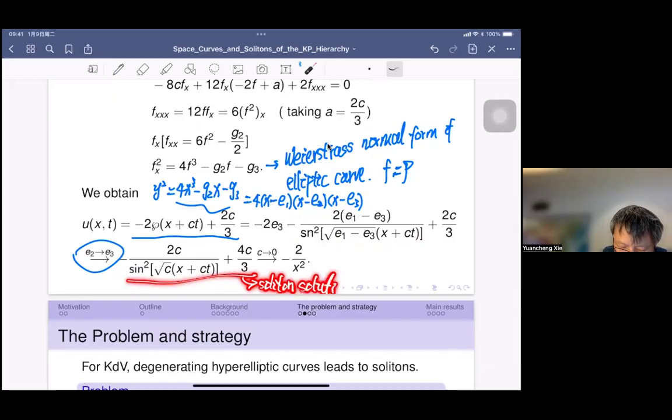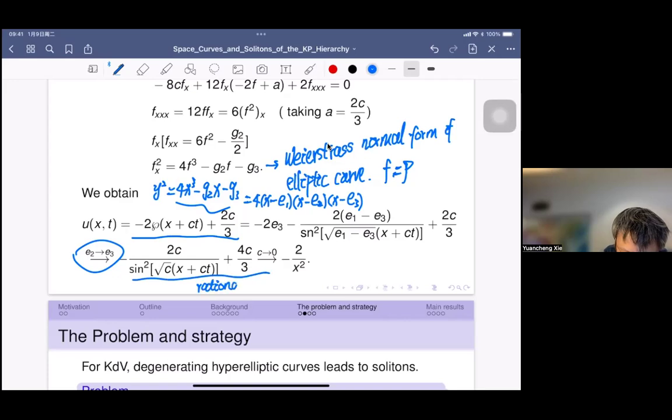And if we degenerate further by letting C go to 0, then this elliptical curve will degenerate further to a cusp. So this is a rational curve, and this corresponds to a cusp. And the elliptical function will also degenerate to just rational functions. So this corresponds to the rational or polynomial solutions of